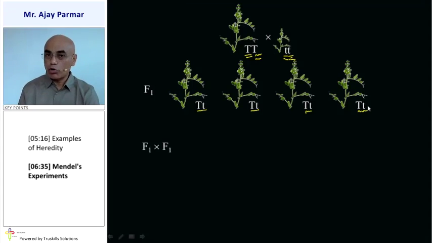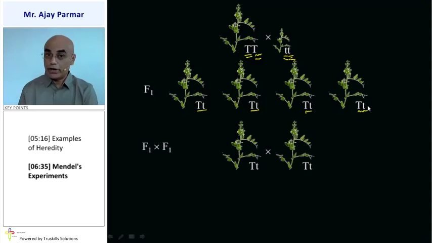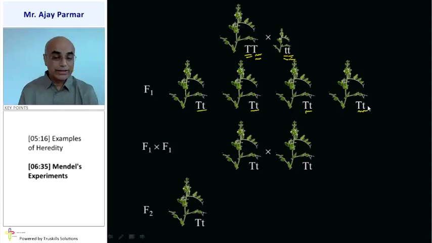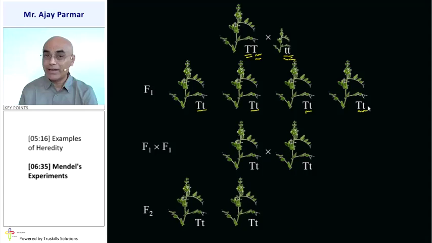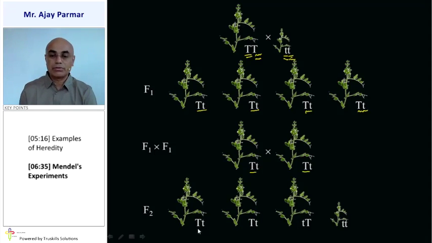Now, F1 is crossbred with the same F1 generation plant. And in the same manner, what we are going to get is F2 generation. And that is a tall plant, a tall plant, a tall plant, but a dwarf plant. How did we get that tall plant? Because if you combine F1 generation T with capital T, that is going to give rise to